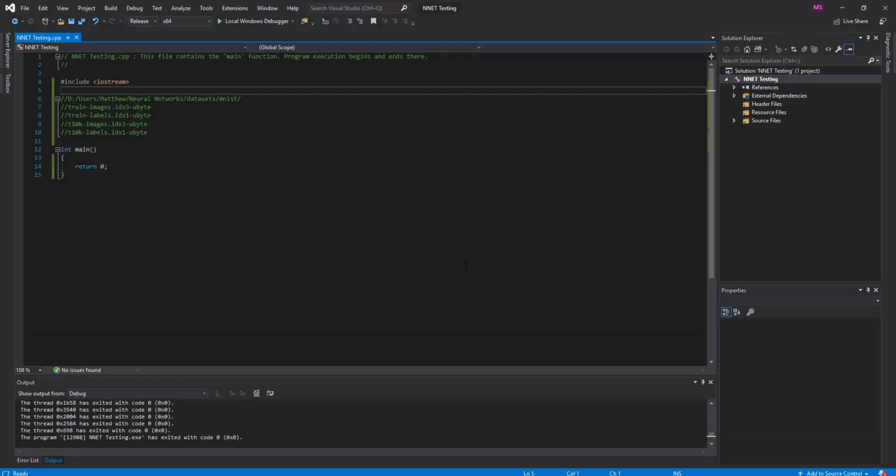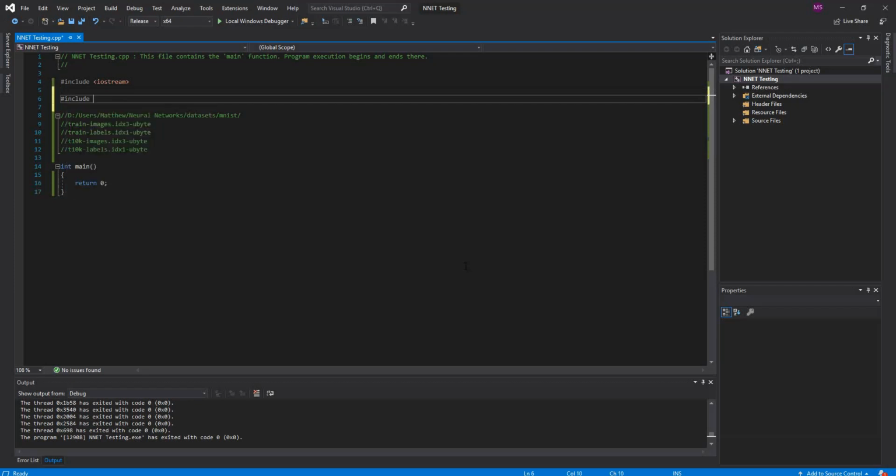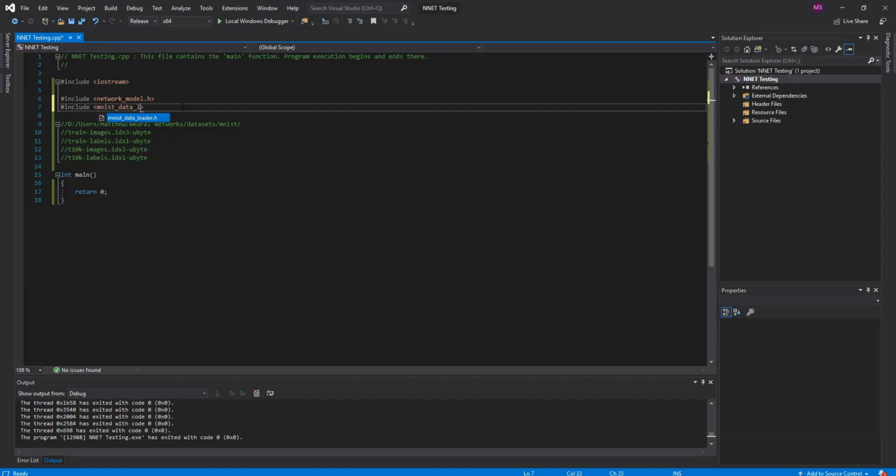Okay, so I'm going to be showing the basic usage of my neural network API for my AQA computing A-level project. To begin with, first of all, we must include the main class that the framework is defined in, so this network model.h class header file. And I'm going to test it on the MNIST dataset, so I need to include the MNIST data loader.h file